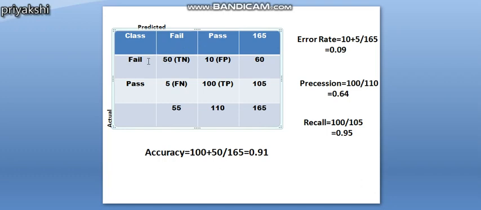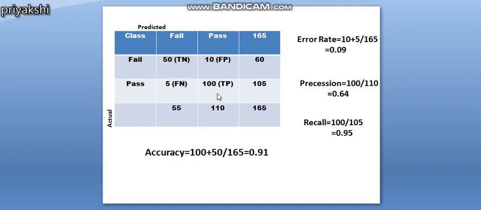Fail means actually 50 students have failed and your model has also predicted them to be failed. This means 10 students have actually failed in the examination, but your model has predicted them to be passed. And if you see here, 5 students have passed the examination, but your classifier has predicted them to be fail, and 100 students have passed the examination and your classifier also predicted them to be passed in the